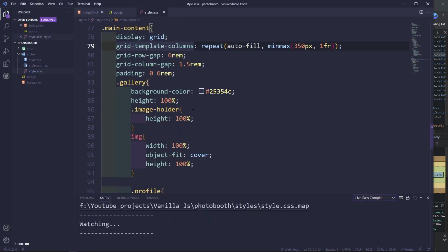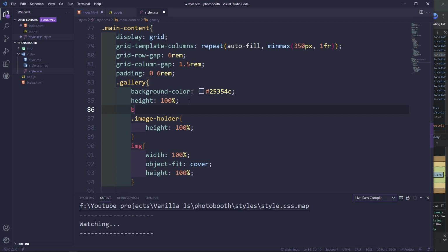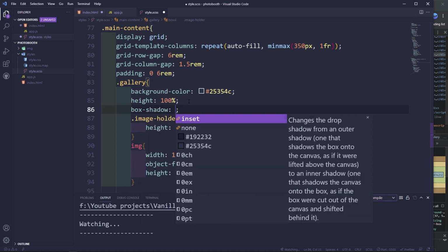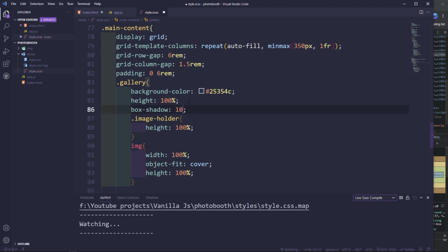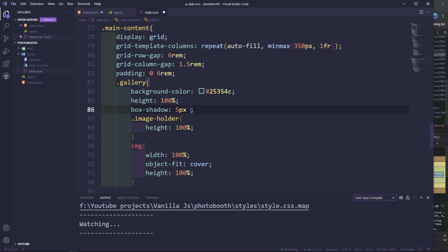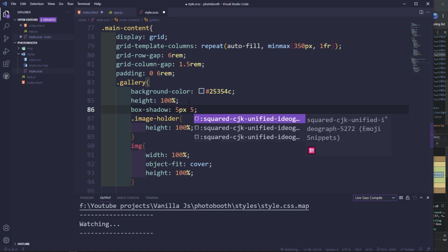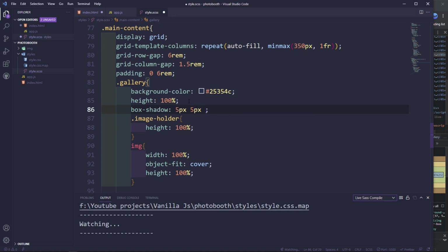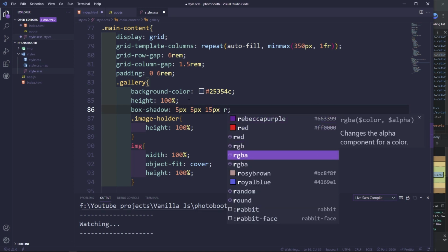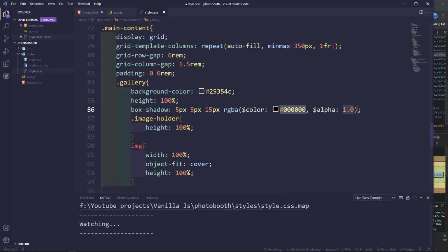Okay, gallery, I'll do box shadow. So 5 pixels on the x-axis, 5 pixels on the y-axis, 15 pixels blur, and then RGBA. So the white is going to be